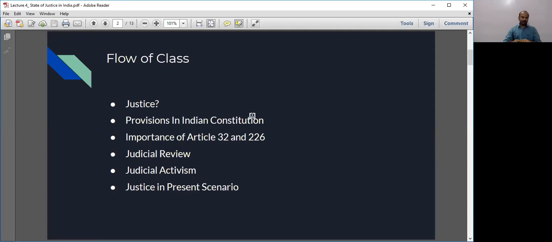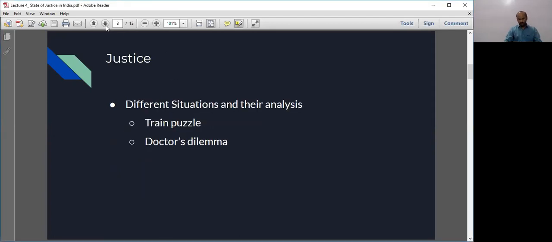Much of today's discussion will rely on the provisions of the Indian Constitution, and we'll also be talking a lot about the concept of justice. So what is justice? Most of the time we have talked about justice, and we must have heard a lot of things about it. But again, one needs to ask what justice is, and to understand this, I'm going to prepare